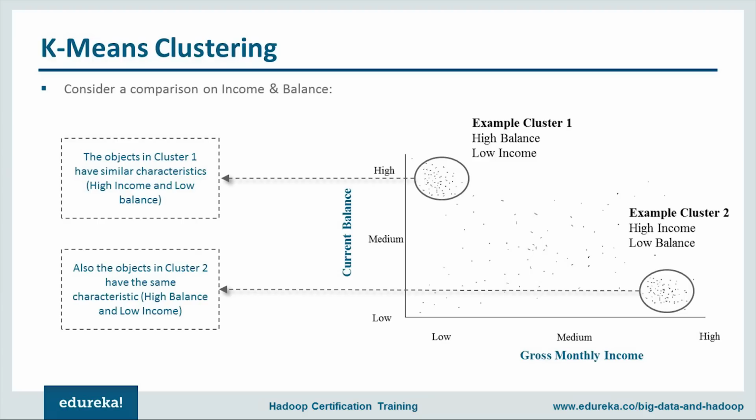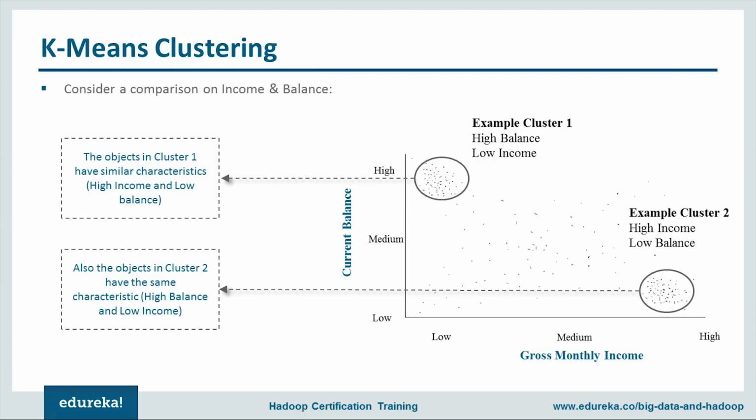Let us consider a comparison on income and balance. In my x-axis, I've got the gross monthly income, and in the y-axis, I have the current balance. I want to cluster my data according to these 2 attributes. Here, if you see, this is my first cluster, and this is my second cluster. So this is the cluster that indicates the people who have high income and low balance in the account, and